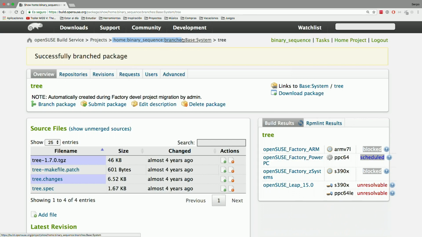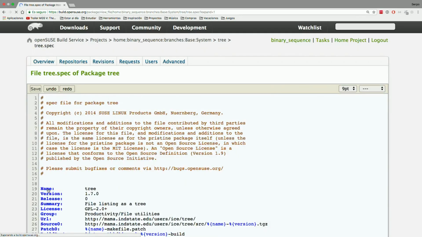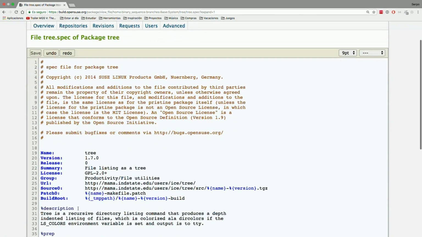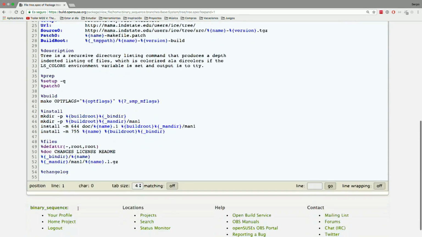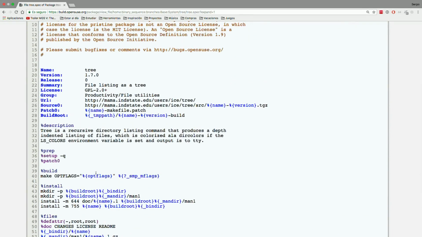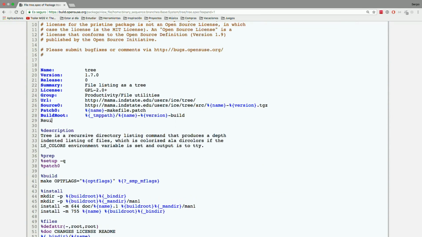Of course, I will do an osc checkout to have these changes locally. But even from here, I cannot change the source code. I can upload a new tarball. But here you can see I can open the spec file, and I can also change it from here. So in case, for example, that I have seen that it has a missing dependency, then I could write here Requires